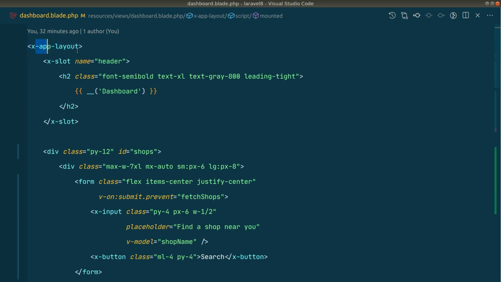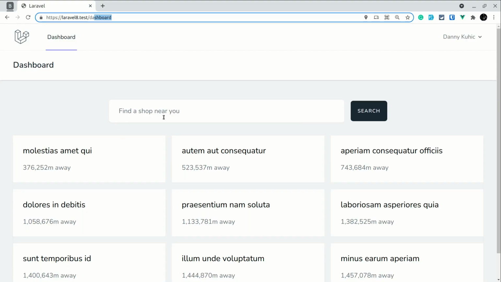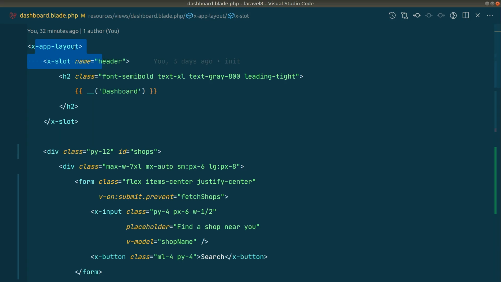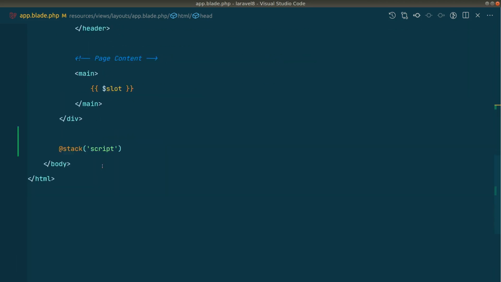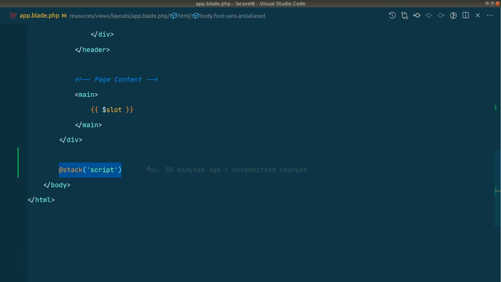Now we can see here guys, this is app.layout. I have already installed Laravel Breeze, so by default this layout is defined by Laravel Breeze, and all this UI that is coming here is from Laravel Breeze. Let me show you that app layout. Now look here guys, I have added this stack script at the bottom so that we can add any JavaScript at the bottom. If you don't know about this, I have already made a video about tips and tricks about Blade, and you can watch that video regarding the stack.